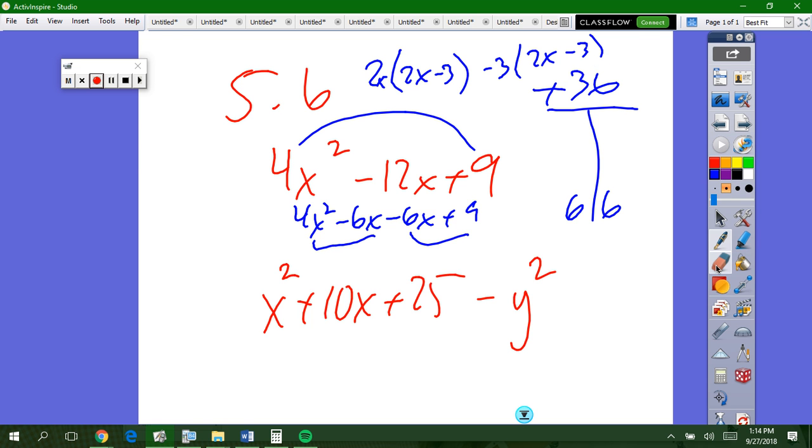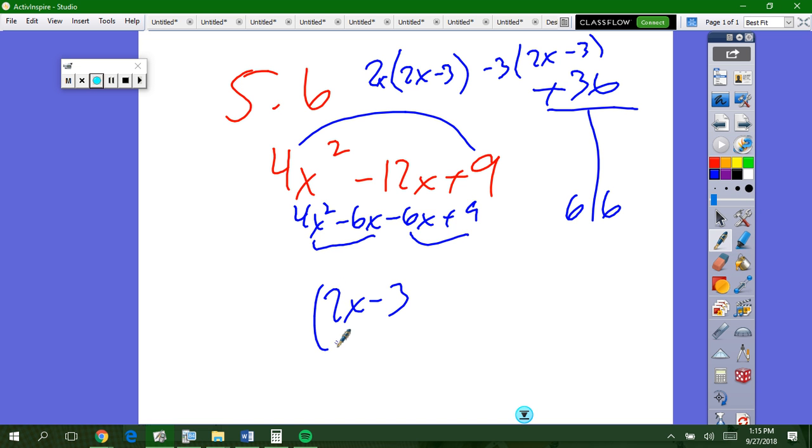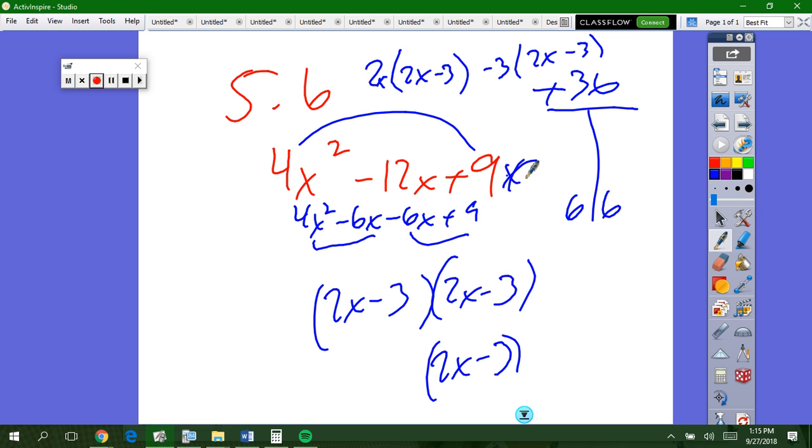So I should erase this right here. Okay. So that's 2x minus 3 times 2x minus 3, which is what? 2x minus 3 squared. So this is called a perfect square trinomial. Not that you really have to even worry about that, but just understand, are there times that you're going to get a perfect thing? So that makes sense what I'm going for then. Oh, sorry, I forgot my square. Thank you. Everybody with me on that? So with that being said,